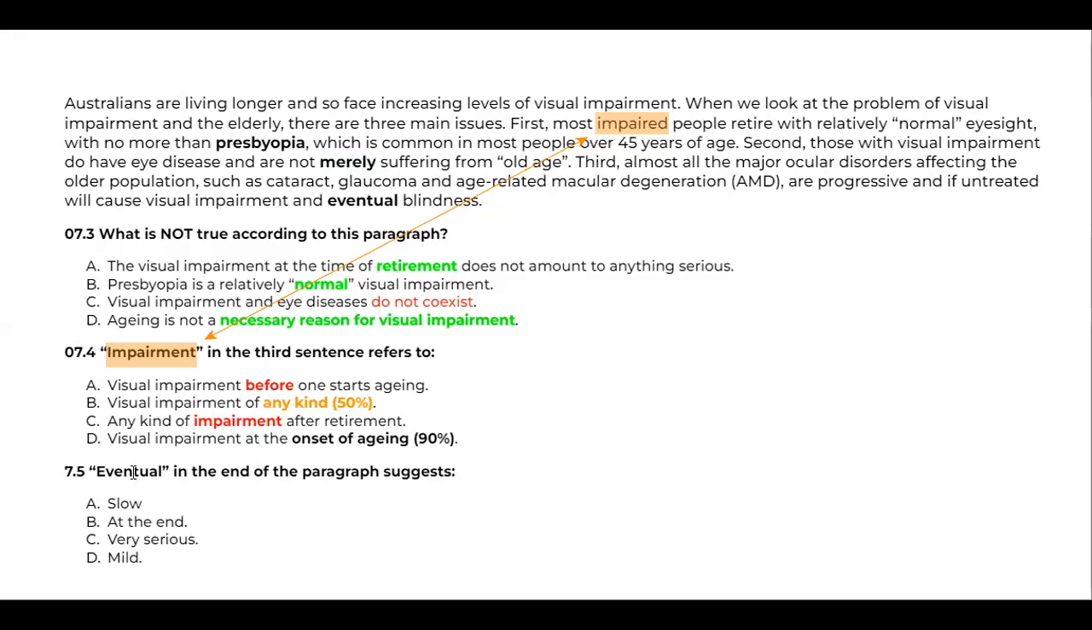And now we are going to eventual. So when you don't understand a particular word, what can we do? You have no idea about a particular word, you are confused about the meaning of the word, then what to do? What you can do is simply